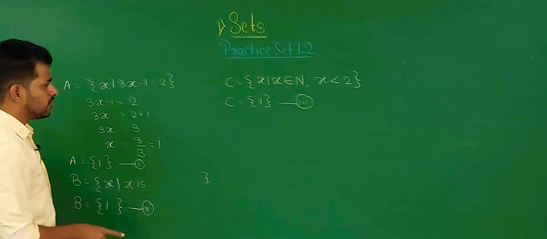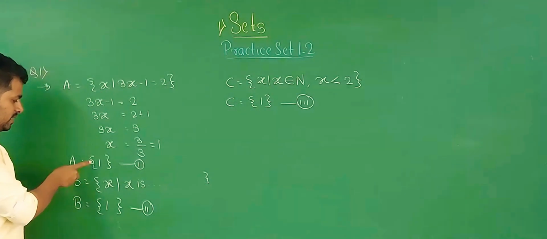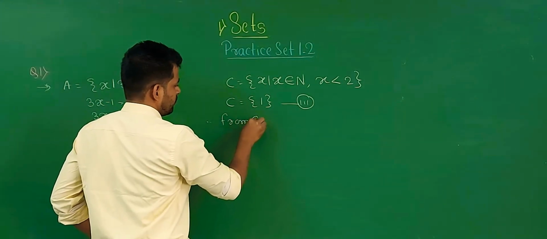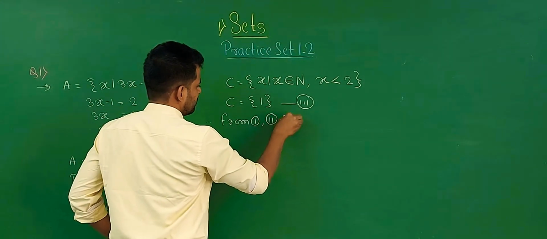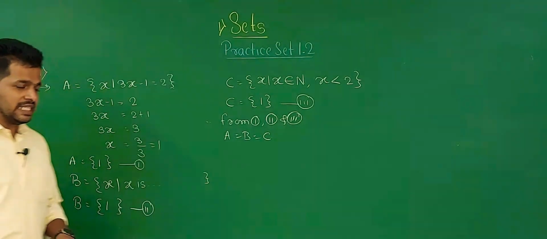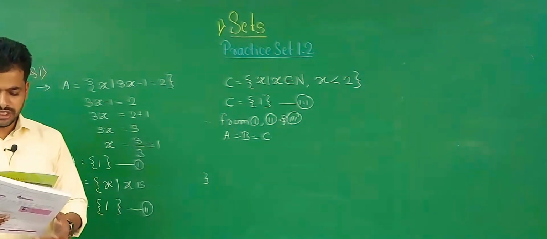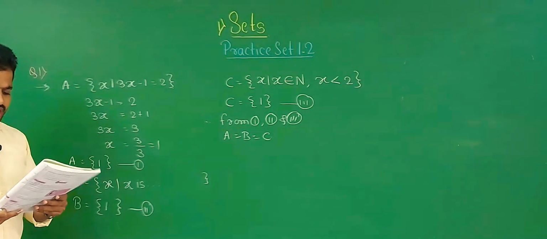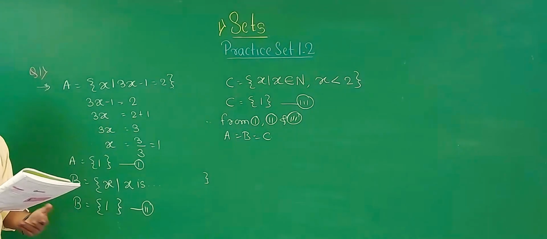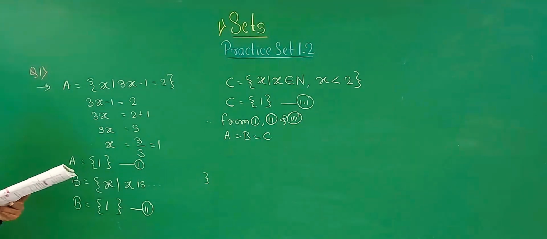So from equation 1, 2 and 3, A is 1, B is 1 and C is 1, meaning all elements are the same. Therefore from the first, second and third, A is equal to B is equal to C. That is, set A, set B and set C are equal to each other. The question asked to decide which sets are equal and which are not, but all sets are equal, so our answer is finished. Write it down, then we start question number 2.